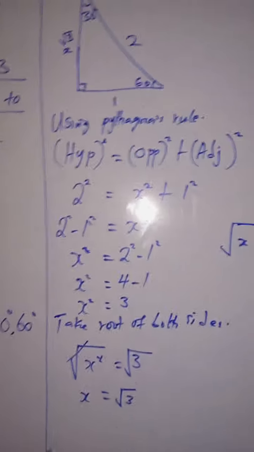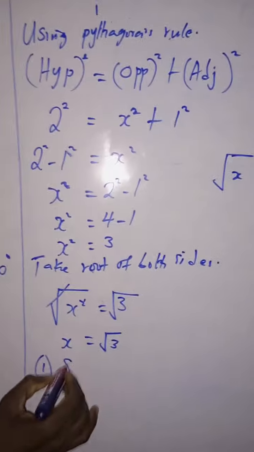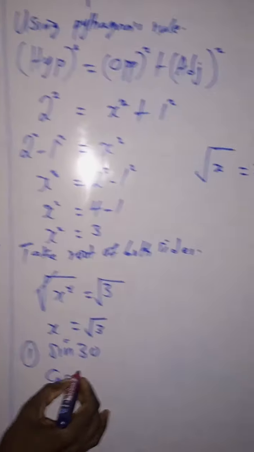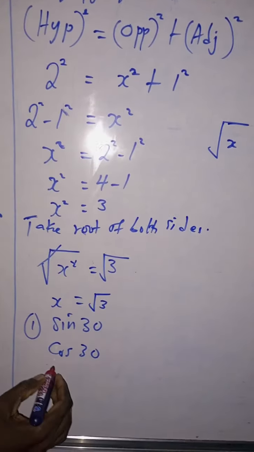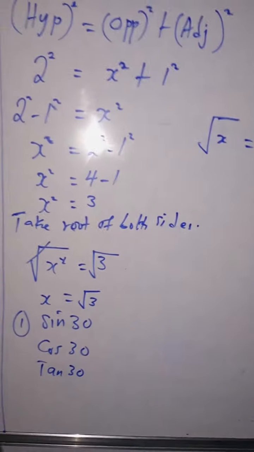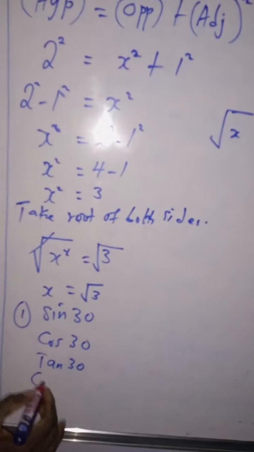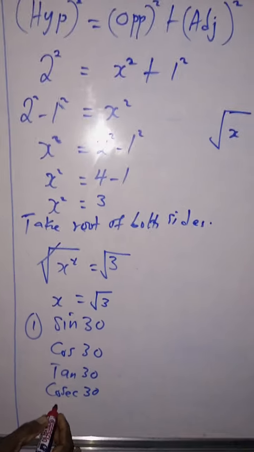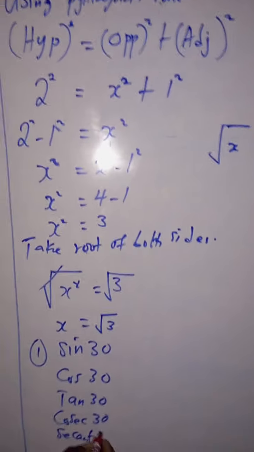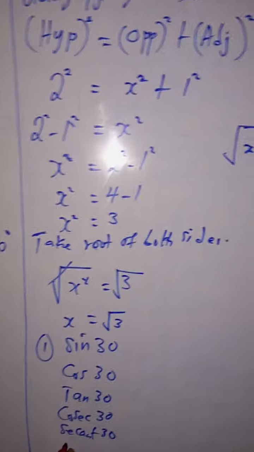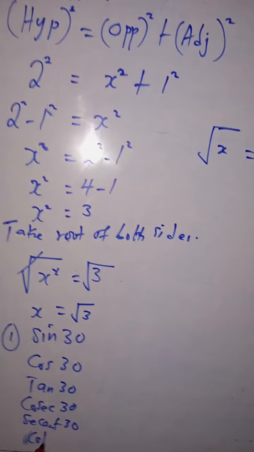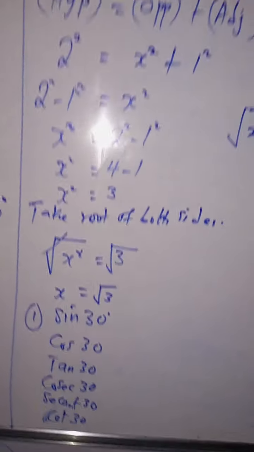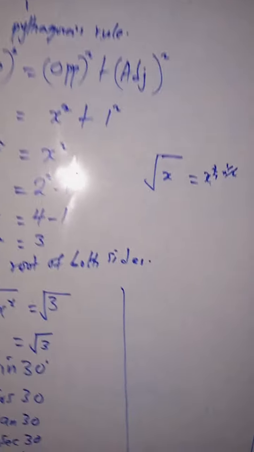any of the 3. I can find sine 30. I can look for cos 30. I can look for tan 30. I can equally look for cosec 30, I can look for secant 30, and I can look for cot 30. All this is in degrees. So as I can look for all these under 30, I can equally look for their 60